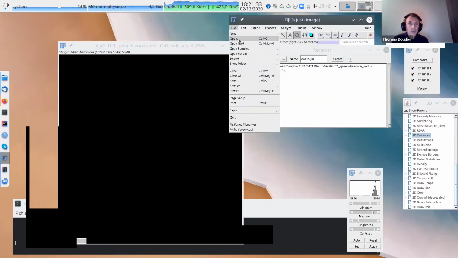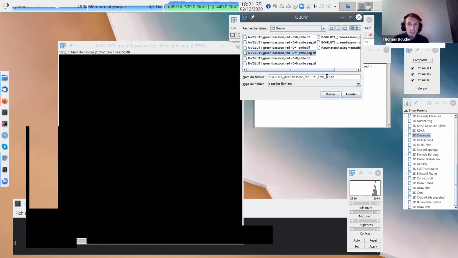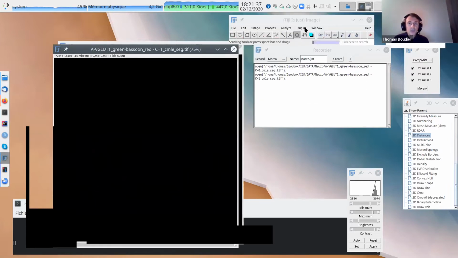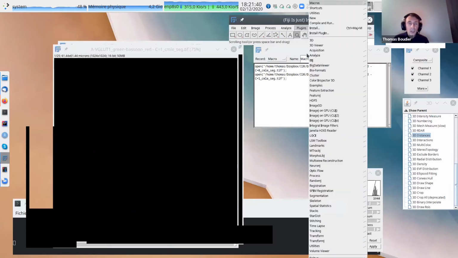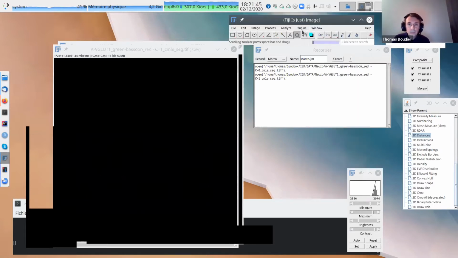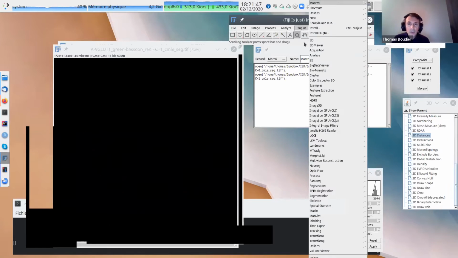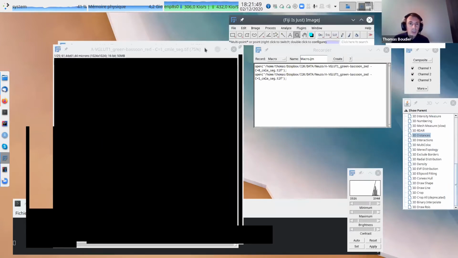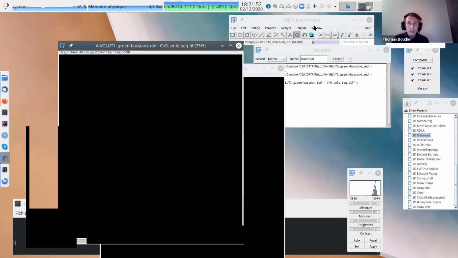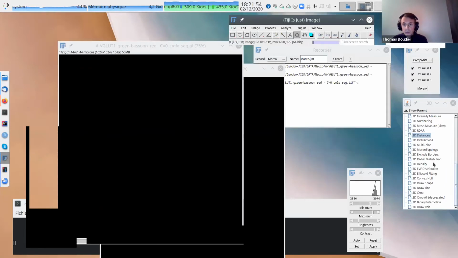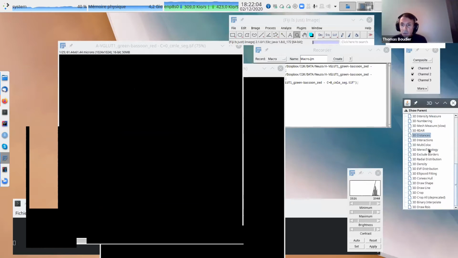Then we open a second image. Then we want to measure, I don't know, the volume in the first image and the volume in the second image. So I select the first image. Plugins. I can do the same macro record in the 3D Manager, but if you already know what you want, just go for the simple plugins. Like I would just want to measure the volume. So 3D geometrical measure.